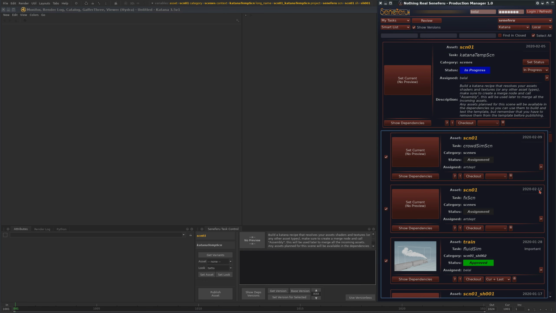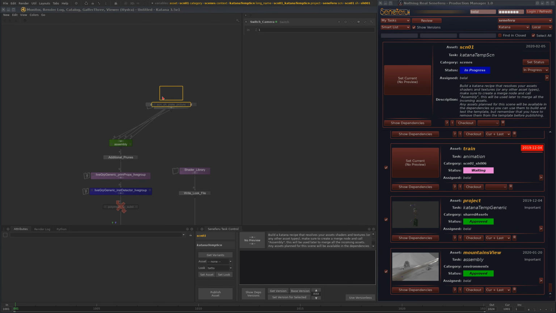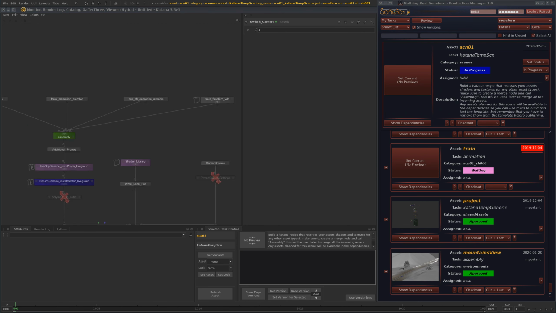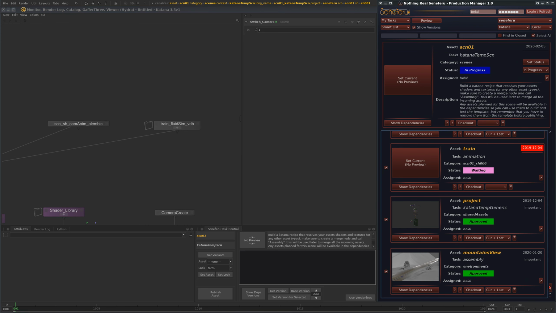And most importantly, the project Katana template will be loaded, because this is what we urgently need. Notice that we have here some plates. Let's arrange these things. I have this here, and okay, so this is actually